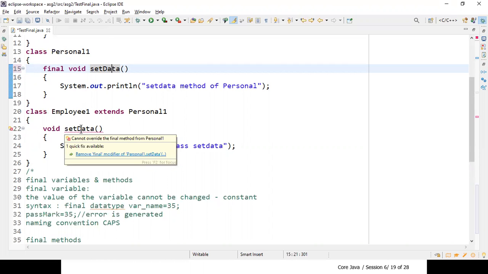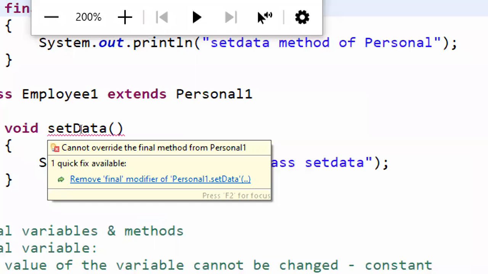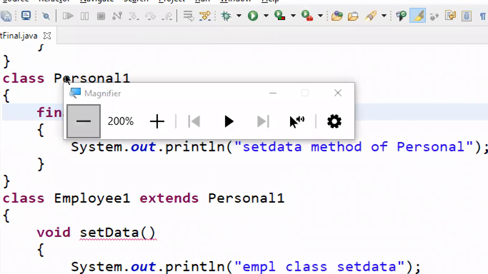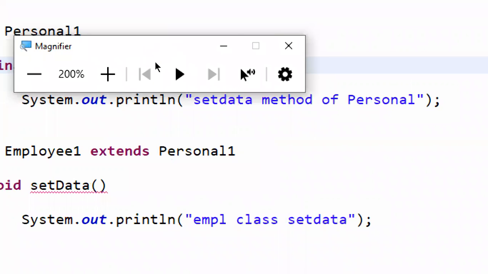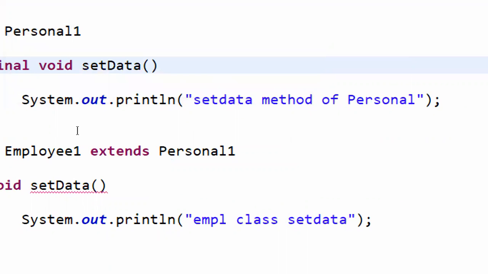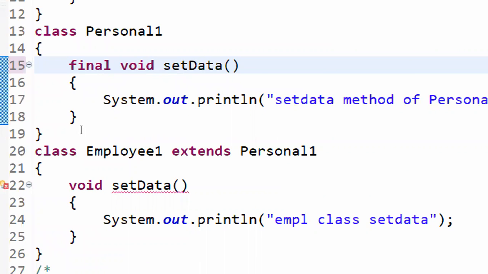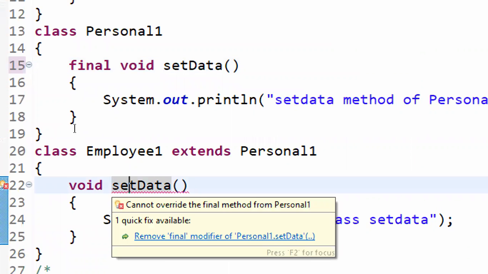I'll zoom in a little. Now you see the message: you cannot override the final method from the class. Okay, right. So that's how.